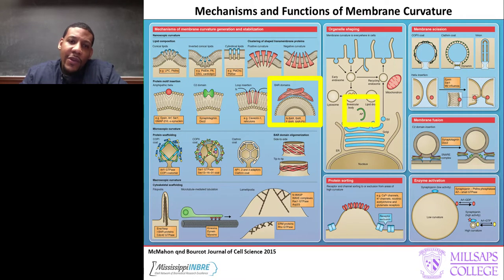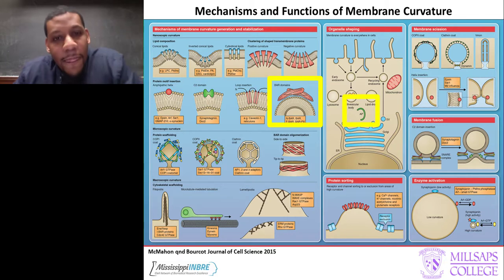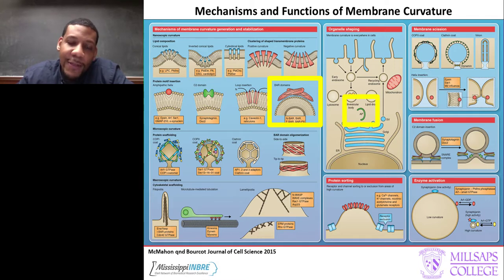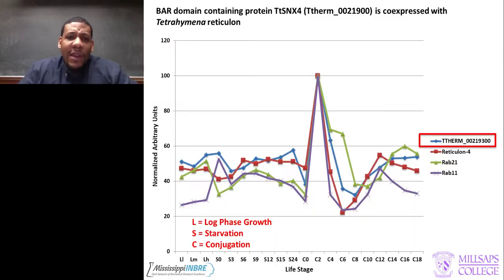All right, so the approach we've taken to study this is to characterize a protein that may play a role in shaping the autophagosome, and this protein is a kind of protein called a BAR protein, specifically a SNX-BAR protein, okay? And that's highlighted here in yellow, okay? So why did we choose to focus on the SNX-BAR protein? Well, it turns out that in Tetrahymena,